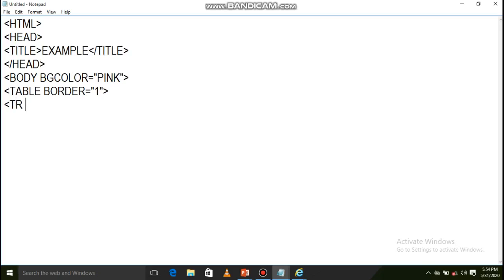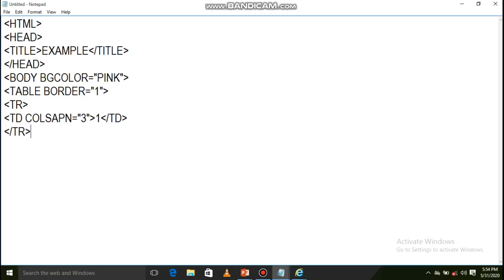Next tr, colspan is equals to 3. Why colspan is equals to 3? Not in tr, we need to use it inside td. Colspan 3, and here 1 td.